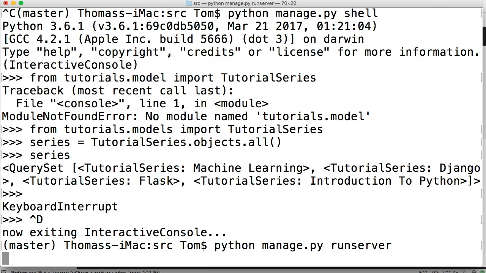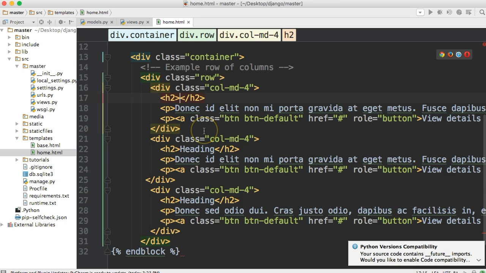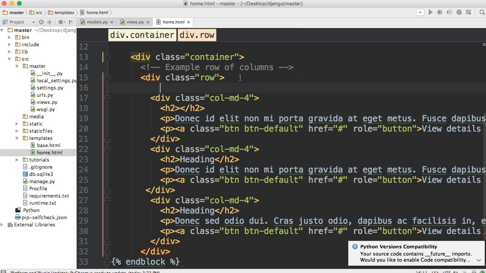Alright, back to what we were doing in our home.html. Like I said, we're going to need to iterate. So we iterate with a for loop. Our for loop is going to be inside the row. So we create a for loop in a